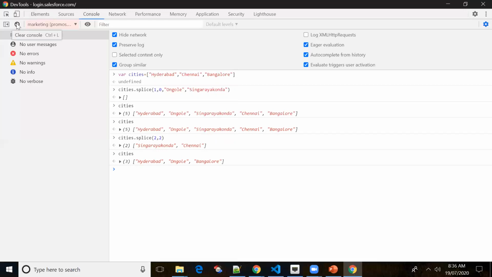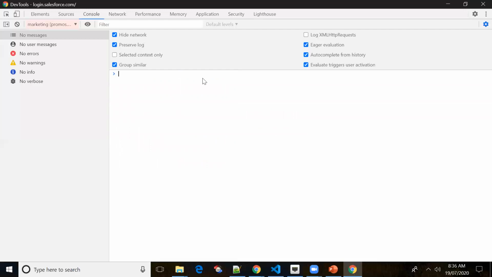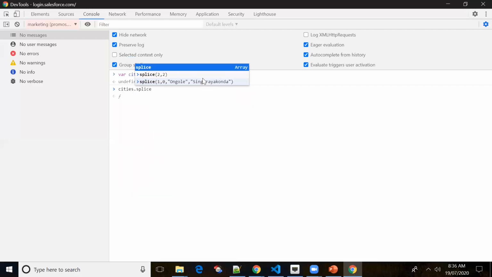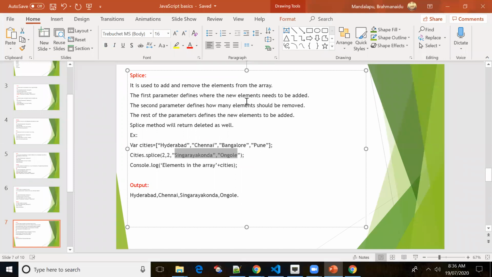Let me explain one more time. Let me declare the variable cities and use the splice method. The first parameter indicates where you want to add the new elements.